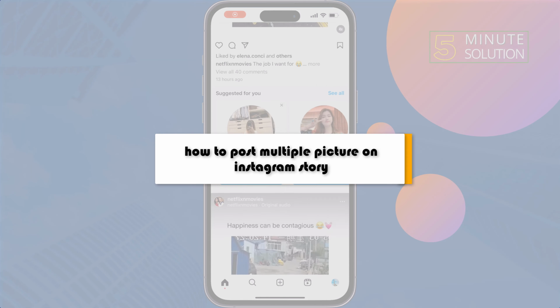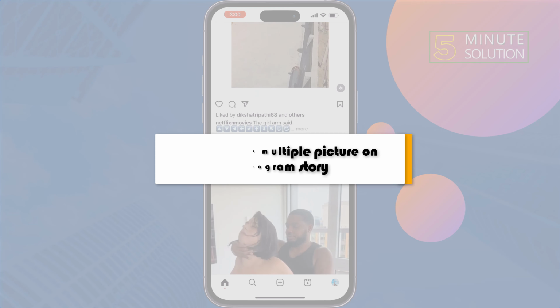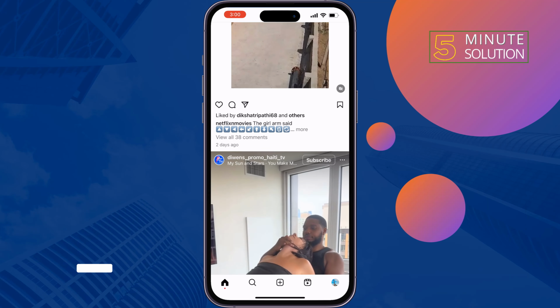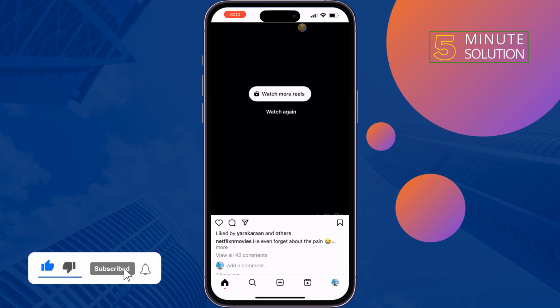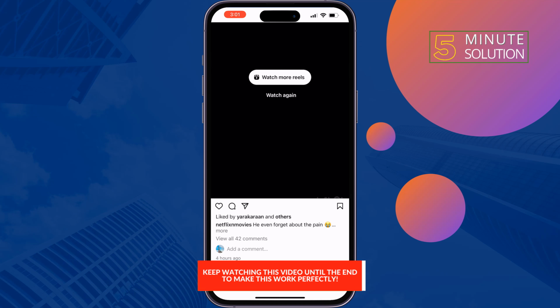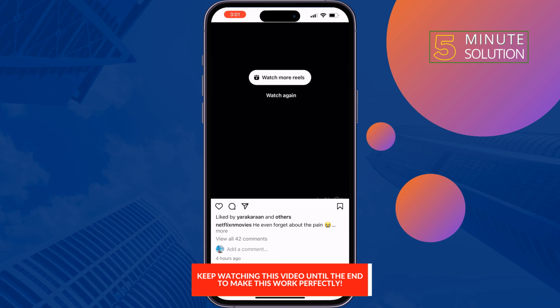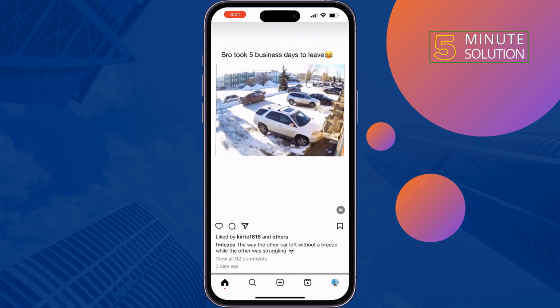This 5-minute solution will show you how to post multiple pictures on Instagram story. So if you have a bunch of photos and now you want to add those photos in a single story, follow these quick steps. Tap on this plus icon at the bottom,